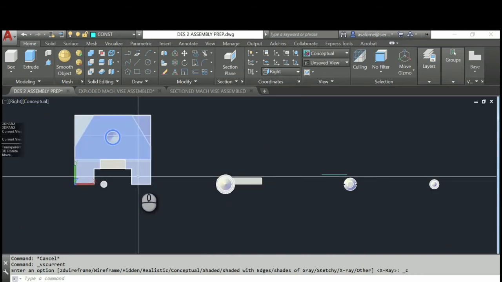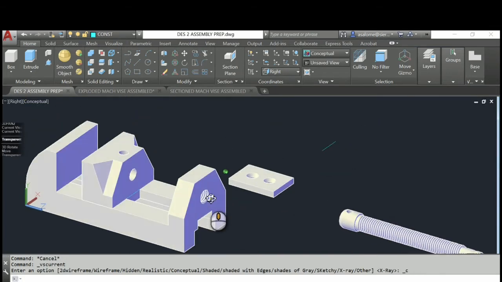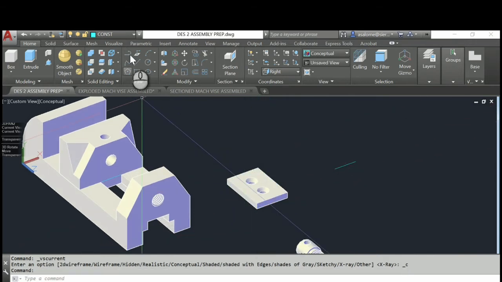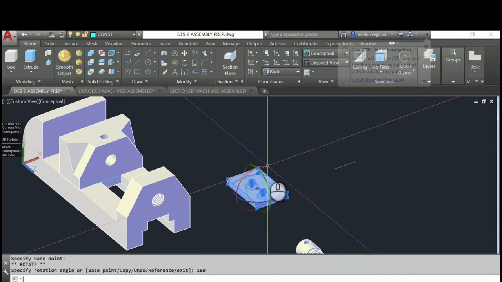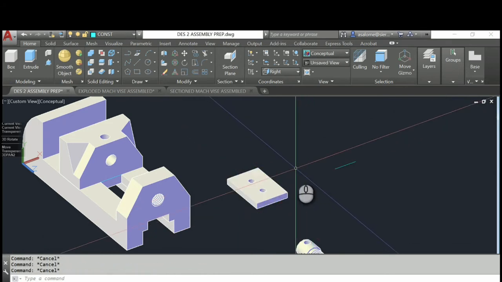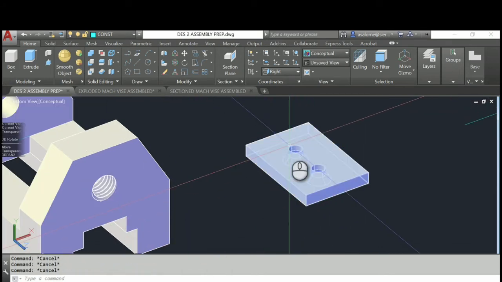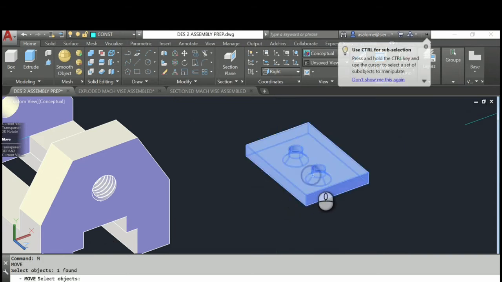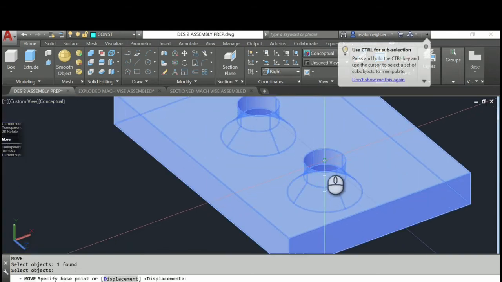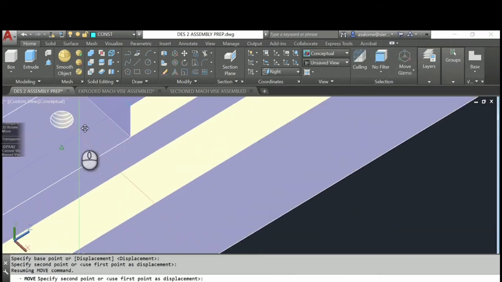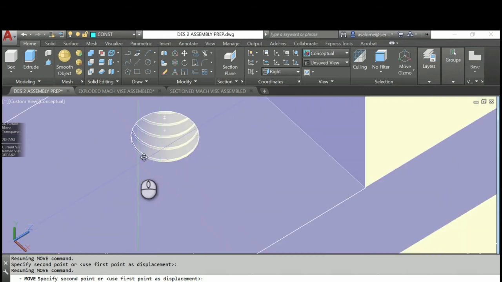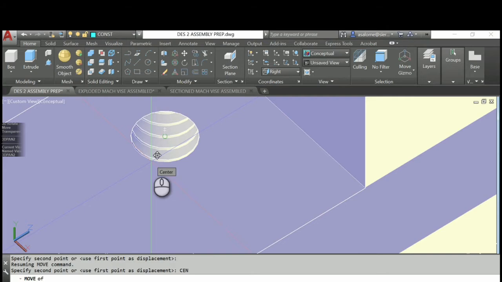So next, we would put the plate on the bottom, but the plate is turned the wrong way. So we're going to 3D rotate gizmo. We're going to rotate around red, and we're going to go 180 degrees. So you can type a value. At that point, I want to move this, and this is just a regular move command, from the center of that end of the cylinder to the lowest possible center on my thread.